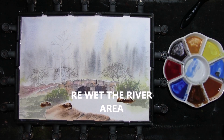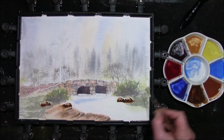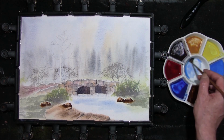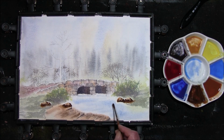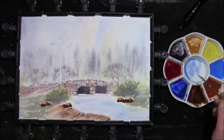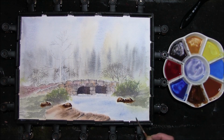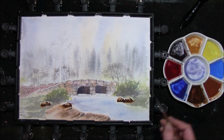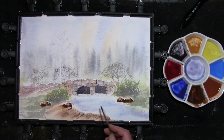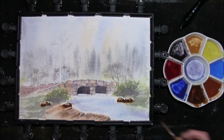Some of the cobalt blue, so it's quite watery as it is. I'm using the cobalt blue because it's in the sky. Just a little violet colour. I do want to touch that rock and just get it to run into the water. Maybe that will give us just a little